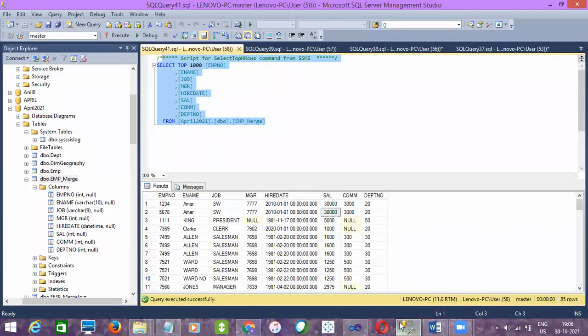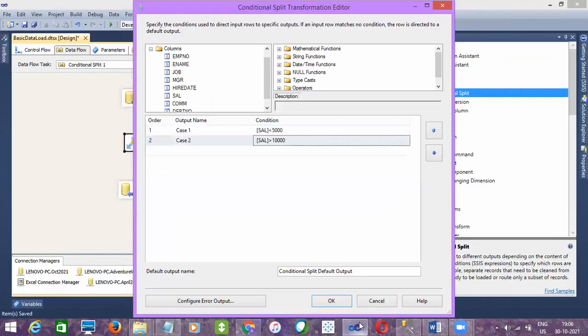Do we have 10,000 records here? We have it, right? 30,000, 30,000. Let's check that. And case one is salary greater than 5,000. No, it's less than. First field, yeah, I'll change 10,000.